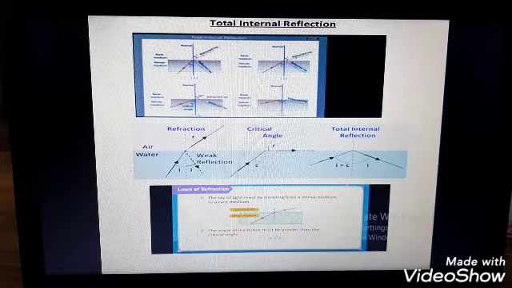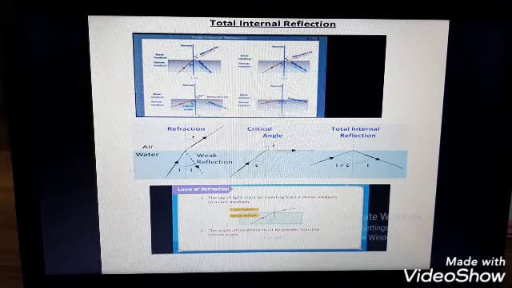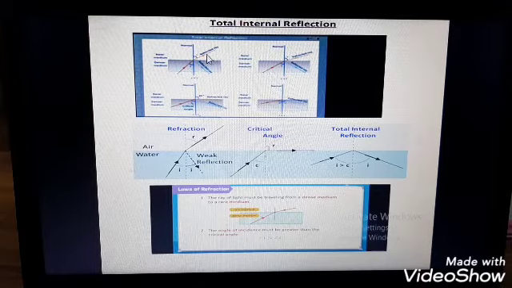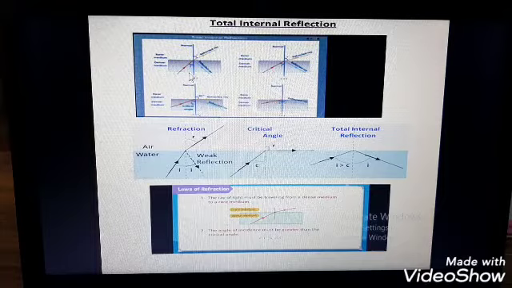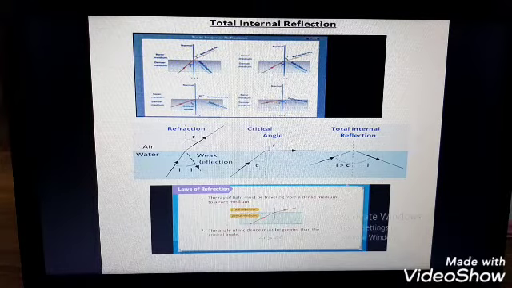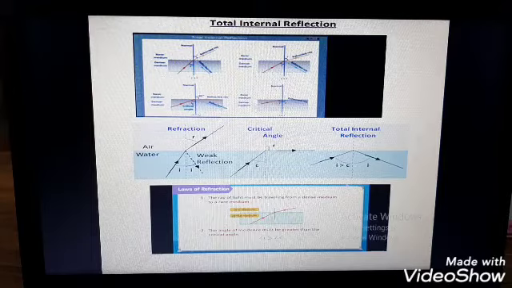Now before moving further to the formation of a rainbow, let's understand the topic total internal reflection. What is total internal reflection? As you can see in this figure, I think this is a little blur, but you can see the red rays, the blue rays and the yellow one. This is the angle of incidence going from a denser medium to a rarer medium. So this refracted ray will refract away from the normal, and the reflected ray, there is a partial reflection also, will go inside the prism only.